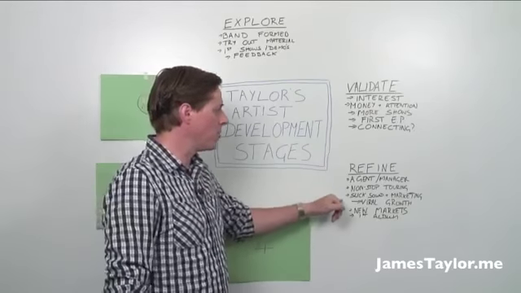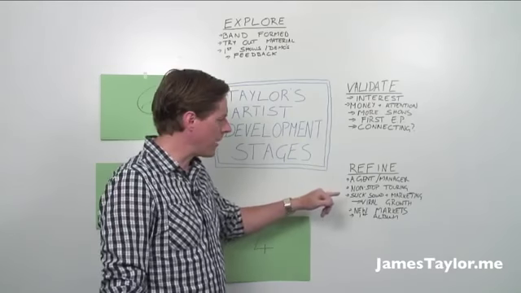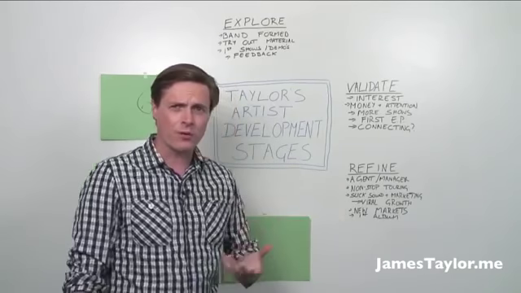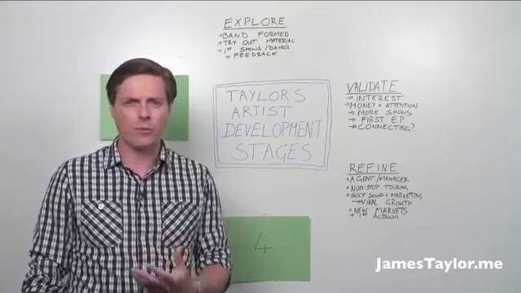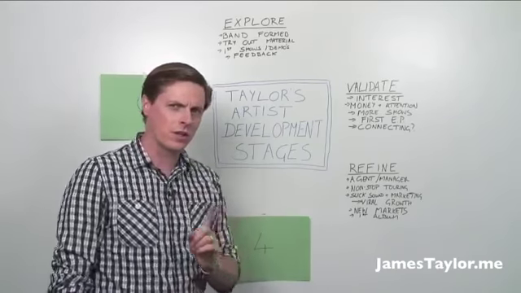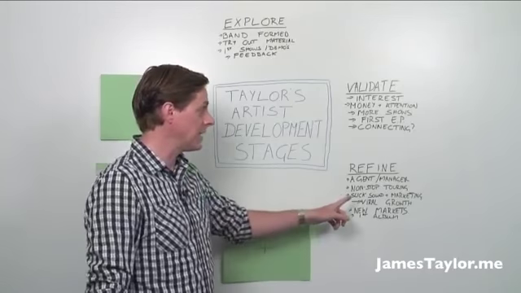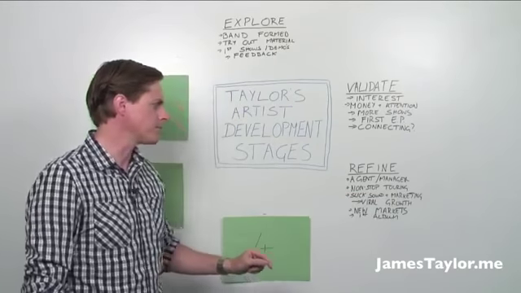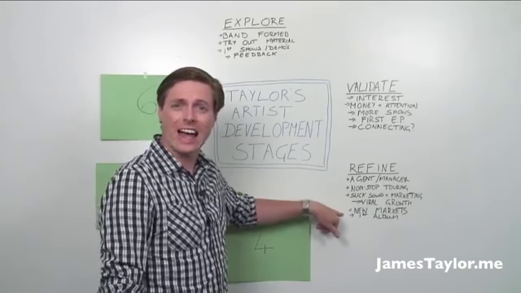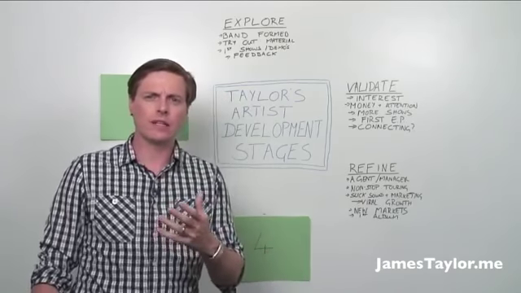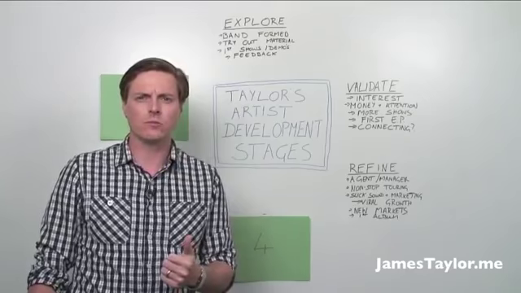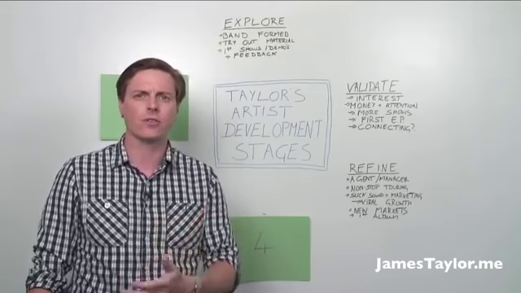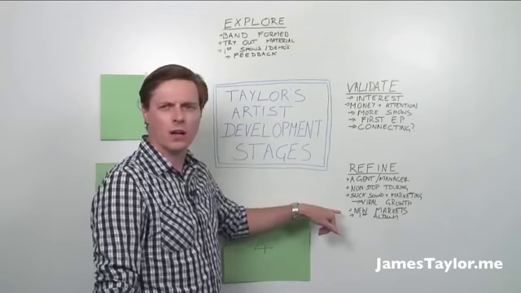The way you know that you're at this stage and doing it well is because you start to see viral growth. You start to see a lot of word of mouth about you or your music or your albums or your live shows. That's one of the first indicators that we look for, and it's also why you get agents, because they start to see this growth happening in the market at the same time. It's also a good point to start looking at new markets. If you're based in Germany, you start touring in the UK, or if you're based on the East Coast of the US, you start doing shows in Canada or California. You start to open up new markets.